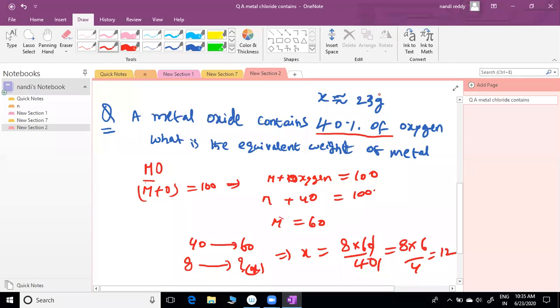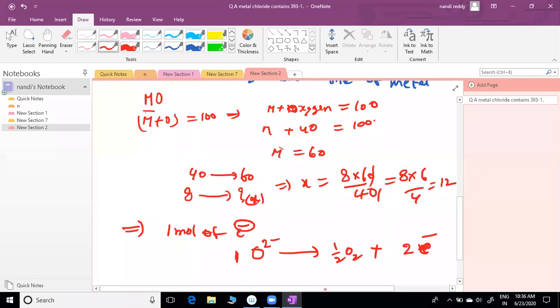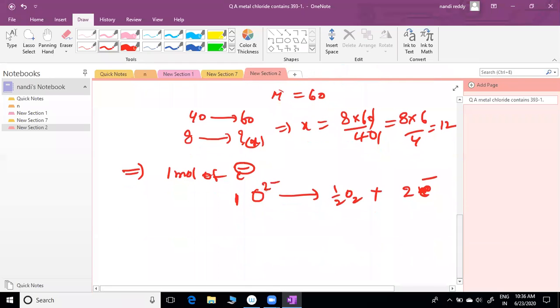Someone is asking continuously why you can't take oxygen. I'm giving the answer for you people, sir. Check it. Our target is 1 mole of electrons, sir. 1 mole of electrons we have to consider. O2-, suppose this is 1 mole. This becomes half O2. How many electrons will it get, sir? 2 moles of electrons will be obtained. Is it correct? But our target is only 1 mole of electrons. Our reference is always 1 mole.